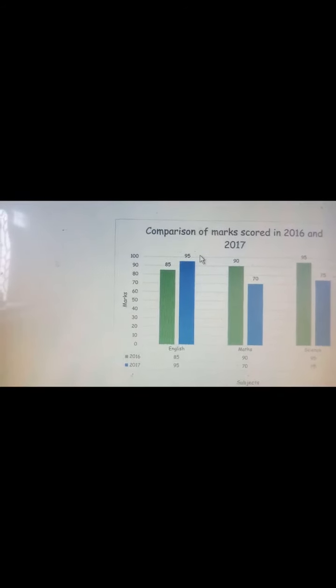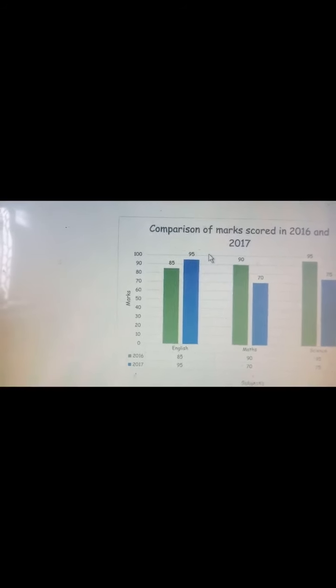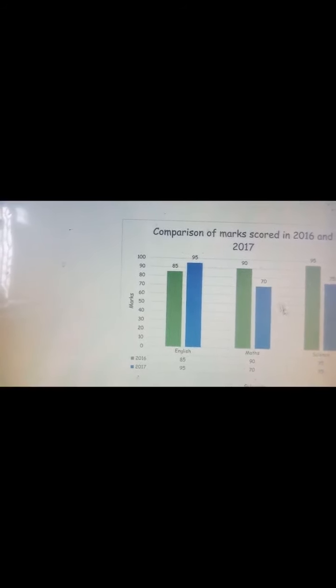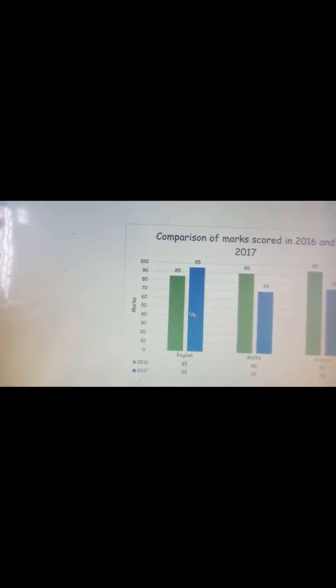Next, data label. These 85, 80, 70, 90 are the data labels. Data label means the data values plotted on the chart, on top of the chart. And these lines are called grid lines, from the x-axis to the y-axis.